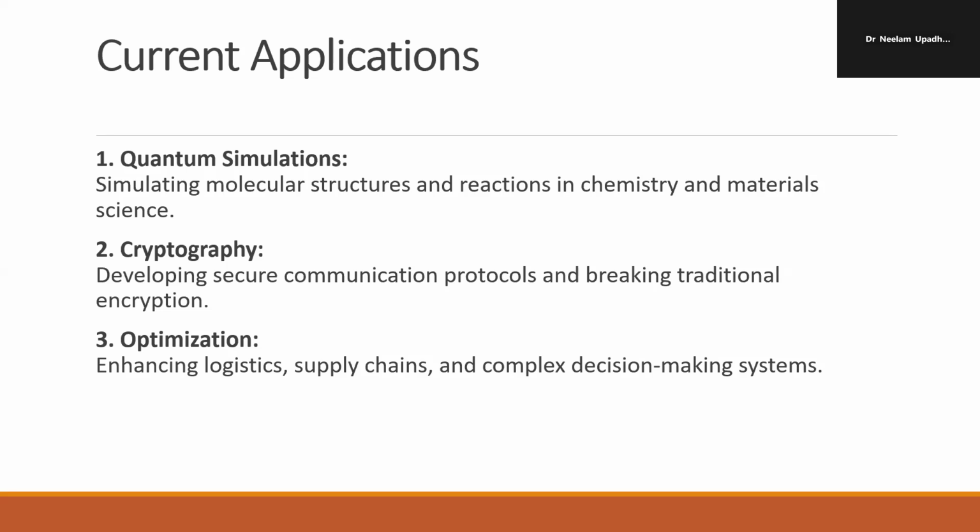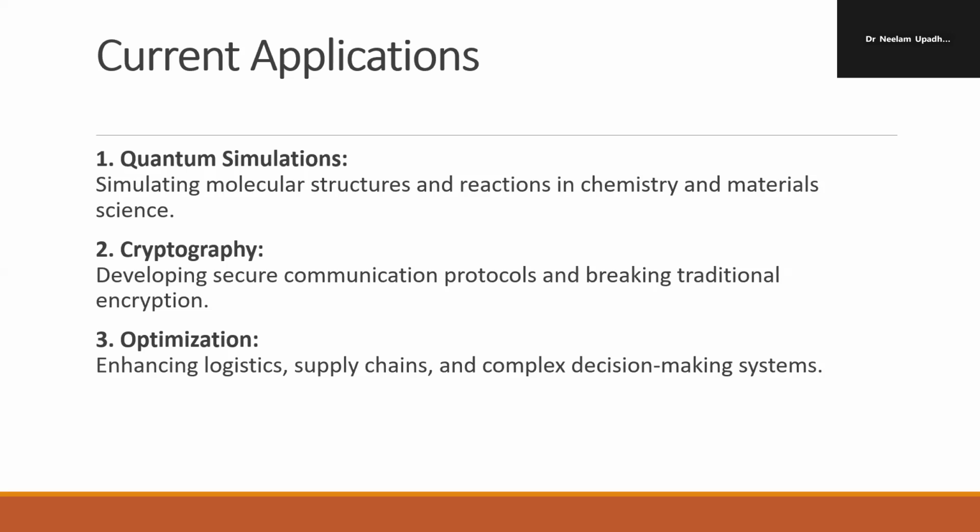By providing logistics and supply chain management. What exactly is the meaning of logistics and supply chain management? It optimizes the delivery routes and inventory. So this optimization can be obtained using logistics and supply chain management, and we can apply this optimization technique.